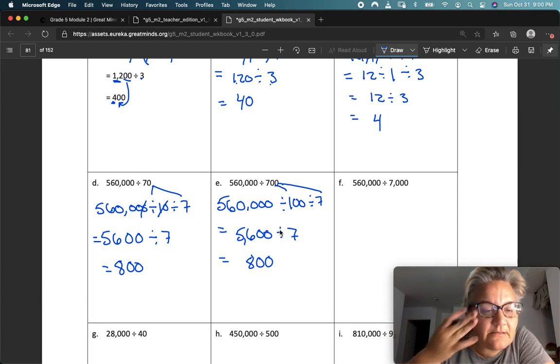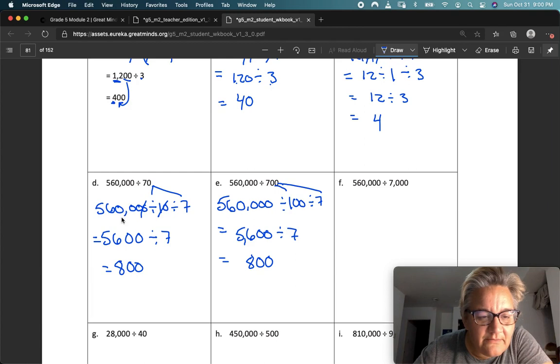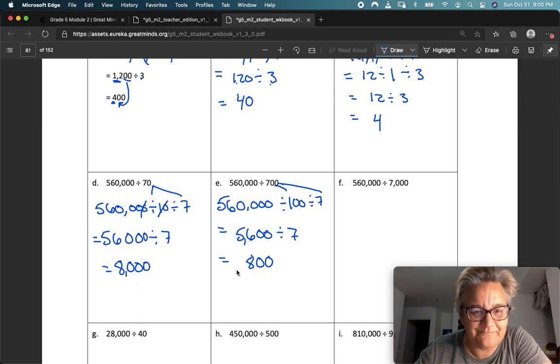Does it make sense? Hang on. 5, 6, oh, I made a mistake up here, didn't I? This should be 8,000. You see that? I crossed off a 0 here and a 0 there, and I had 3 zeros left, and I only wrote down 2. That was my fault. So yeah, they didn't have the same answer. I'm glad I double-checked my work. Okay,